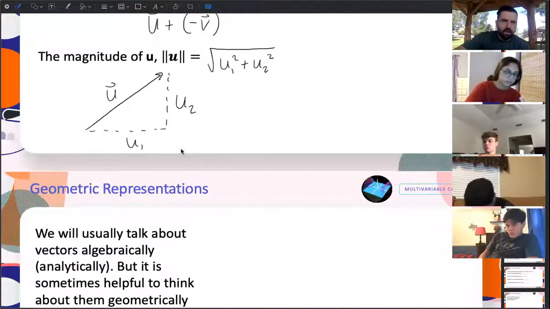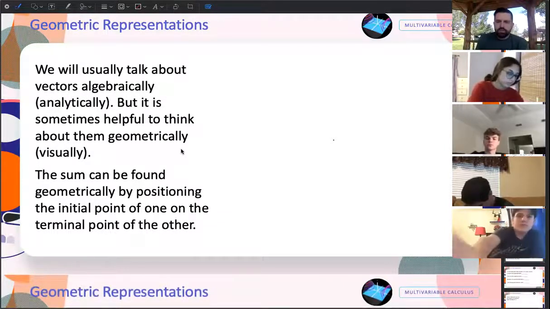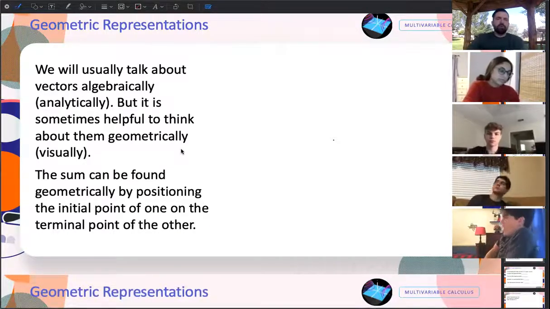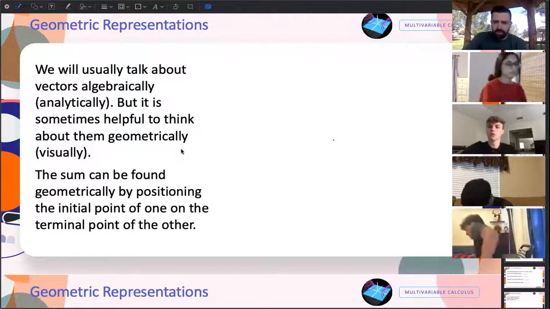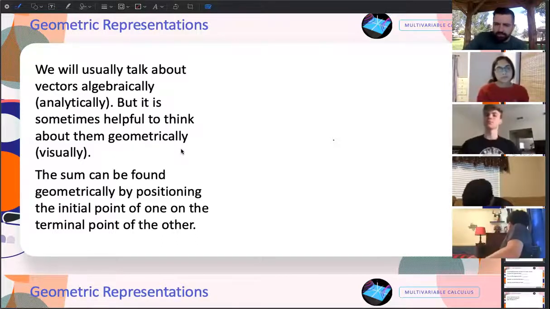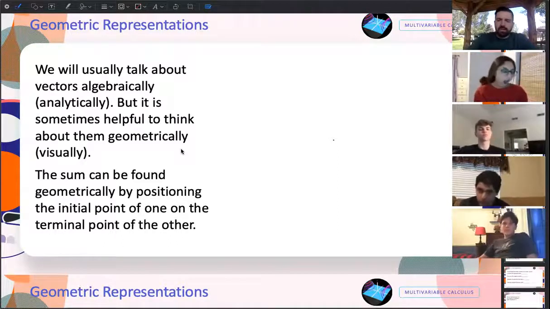All right. We usually talk about vectors algebraically. That's when we're solving a problem, we use algebraic notation, things we can plug into formulas and stuff like that. But sometimes we want to think about them geometrically, which is more visual. I will say as we go farther into the course, that only really is very helpful in 2 and 3 dimensions. You can picture 2 and 3D, but you can't picture something in 5D very easily. So geometrically, we can come up with ways to visualize the things we're learning in 2D and 3D. Those formulas still work in higher dimensions, but the visual doesn't really work anymore.